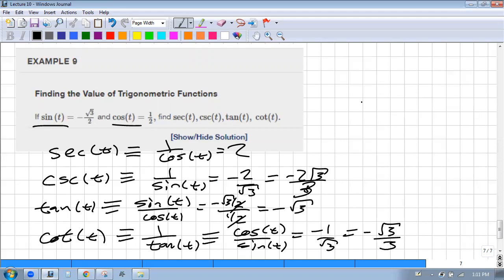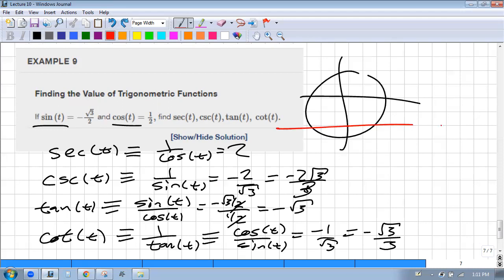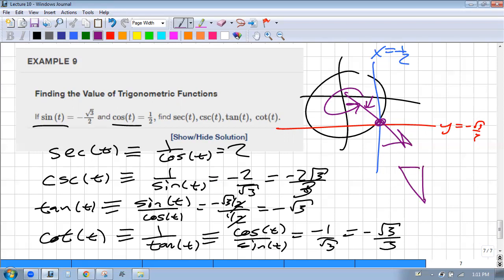So, I mean, they didn't tell us what the angle is, but we could imagine it. Let's see, a y value of negative √3 over 2. There's all the y values of negative √3 over 2. But the x value is 1/2. Okay, here's all the x values of 1/2. So obviously, we're talking about this angle, or this angle, or any angle that points in that same direction, right? I mean, what is that angle? We could figure it out if we wanted to, right? To draw it better, we're looking at this basically. So this would be negative 60 degrees, if you wanted to figure out what that angle was. And my drawing is kind of crappy, but